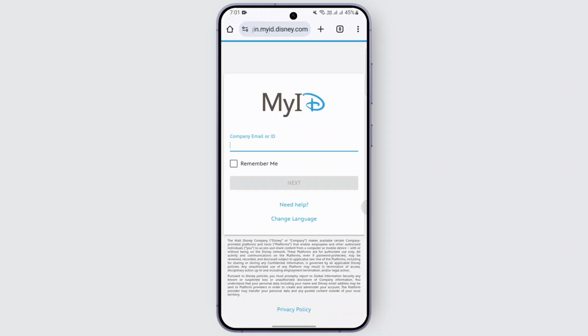And once you're on this page, the next step is go ahead and enter your company email or your ID. And after that, tap on next and enter your password. Follow the on-screen prompts, and then once that is done, you will be logged in using your ID on your Disney Employee Portal. So that is how you do it by following this